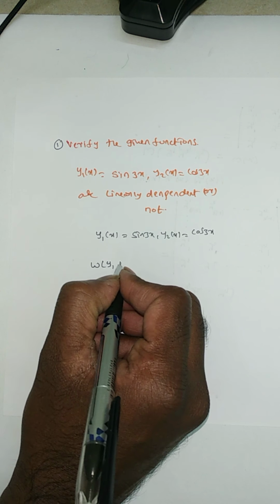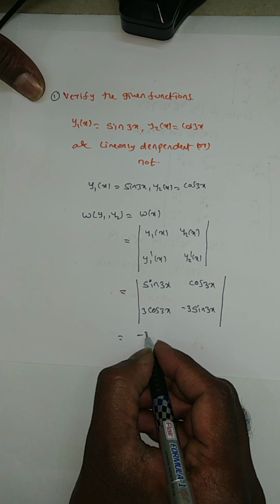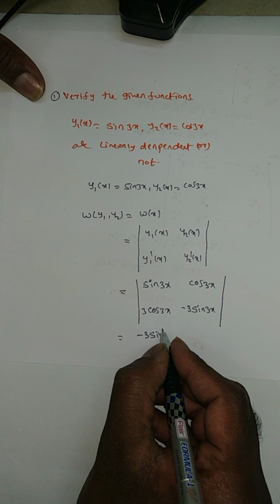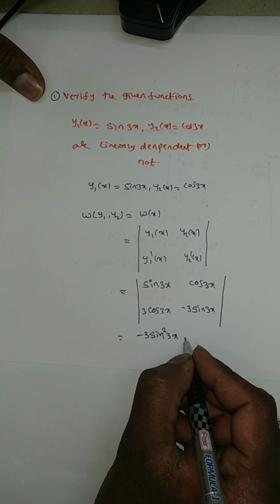Now do the determinant for this. The determinant means AD minus BC. So minus 3 sin 3x into sin 3x means sin square 3x, minus cos 3x into 3 cos 3x is 3 cos square 3x. If you take minus 3 common, then you will get sin square 3x plus cos square 3x. We know that sin square a plus cos square a is equal to 1. So minus 3 into 1, which is minus 3,